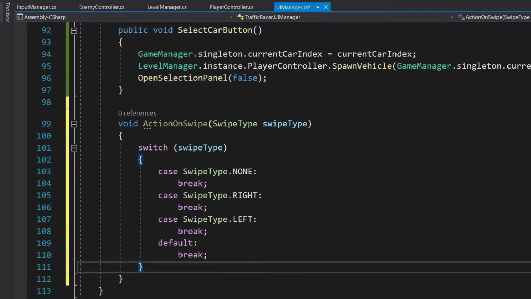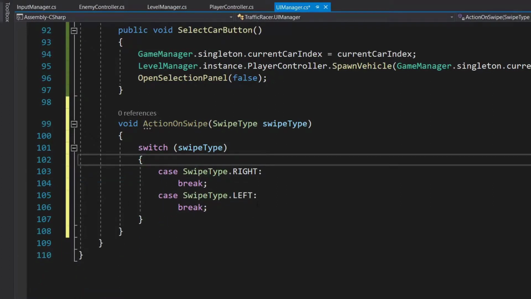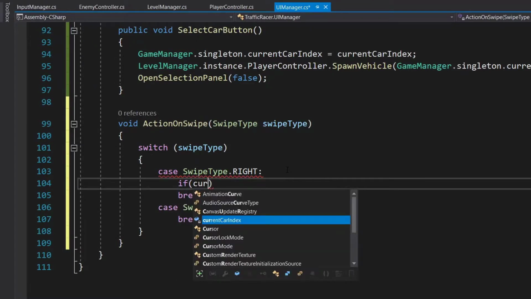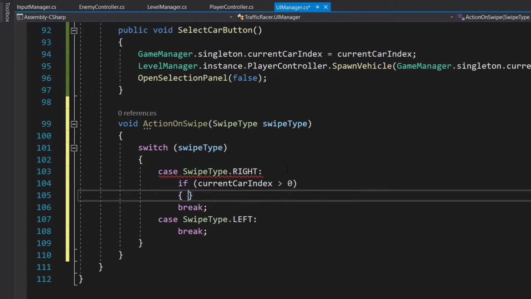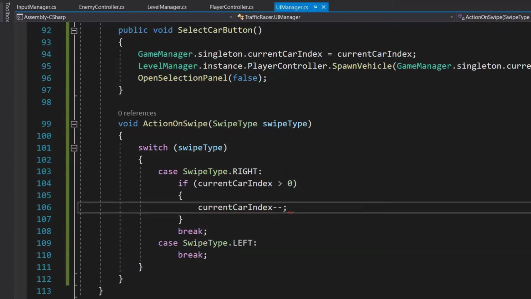We don't need the default or none, we only require right and left. And for right, when we are moving to the right, we are going to check if our current car index is greater than 0. If it is greater than 0, we are going to set our current car index minus minus. So when we swipe to right like this,